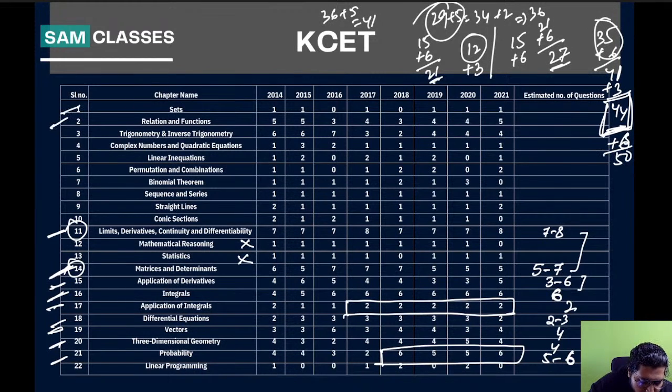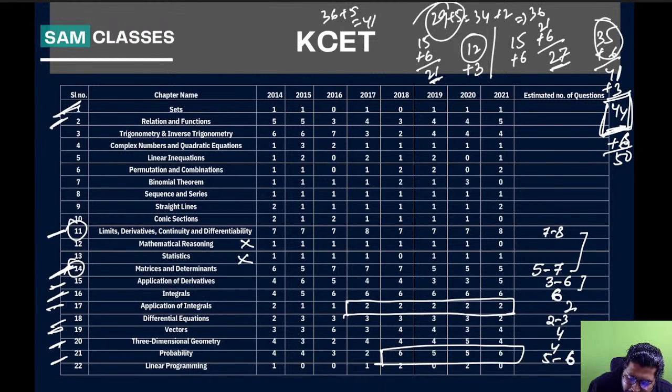So these two also I can take care of, because in sets there's nothing much, just definitions and one or two important questions. In relation and function, some good questions are there. The graph part is there, but that is important. It will help make your calculus part strong, so that is very much needed.